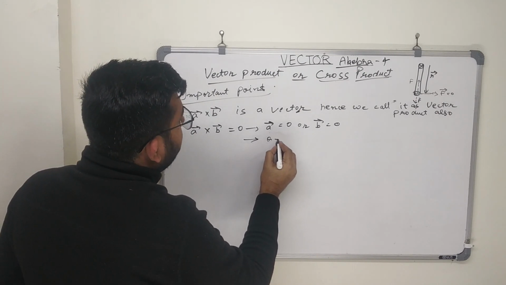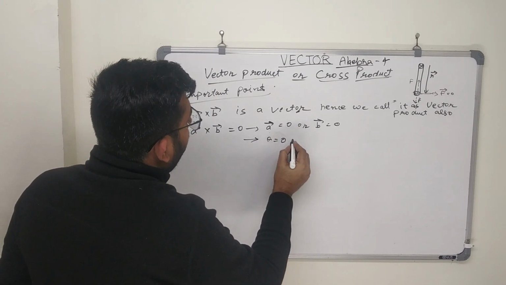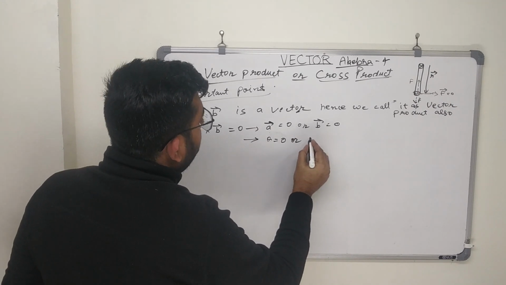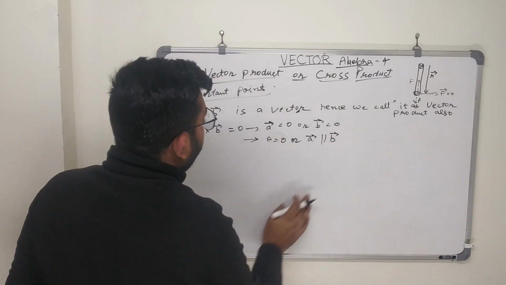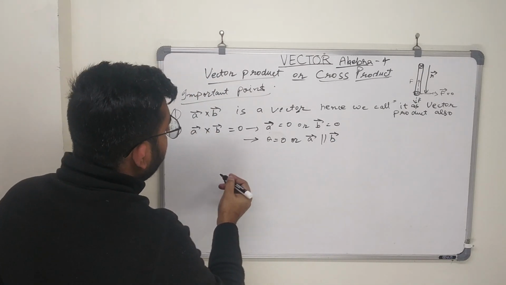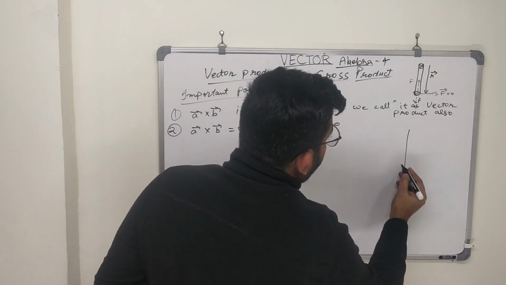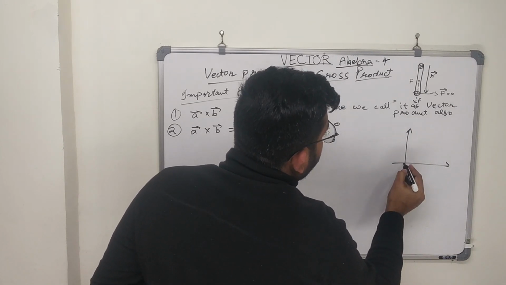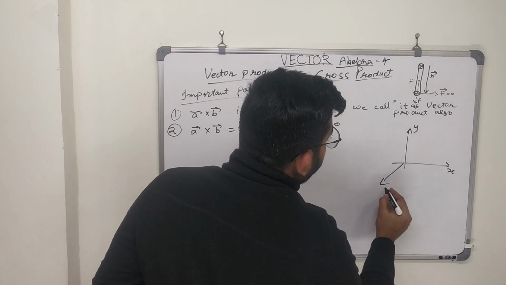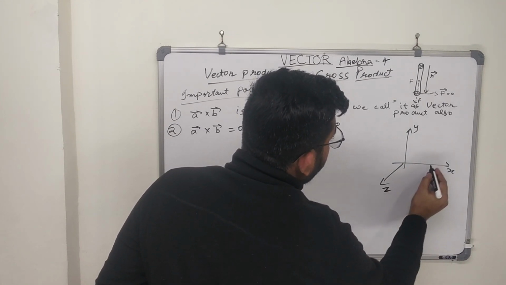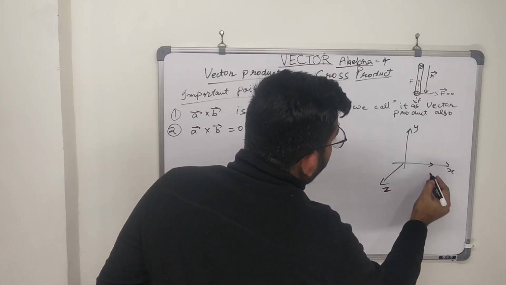So in that case theta is equal to 0, or you may say that a vector is parallel to b vector. इसका एक और एग्जाम्पल देखेंगे. सपोज दिस इज द एक्स वाई जेड कोऑर्डिनेट्स. This is x-axis, this is y-axis, and this is the z-axis, and the unit vector along the x-axis is i cap,